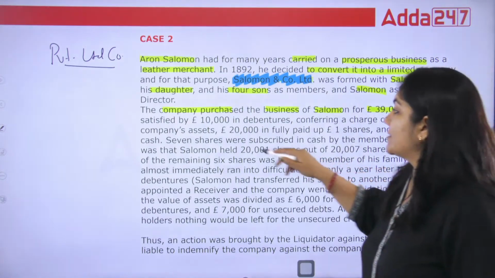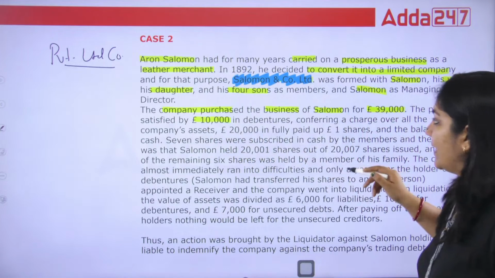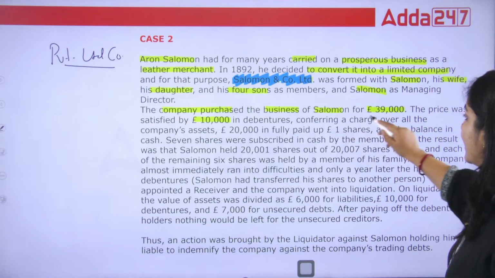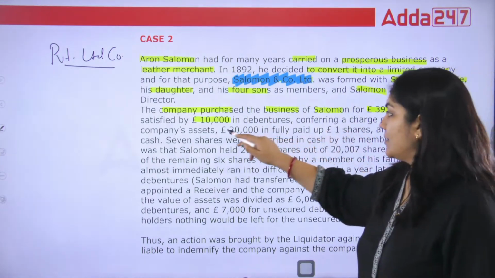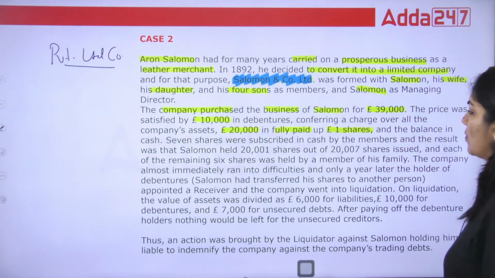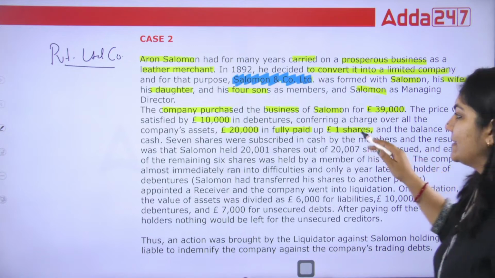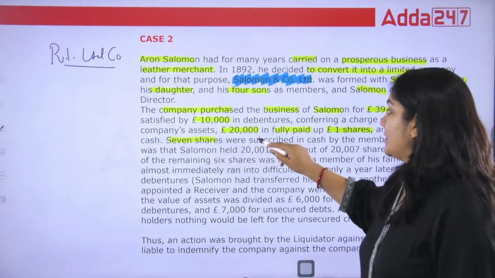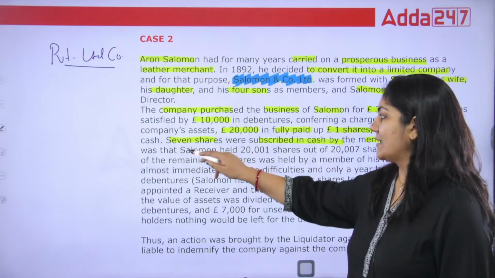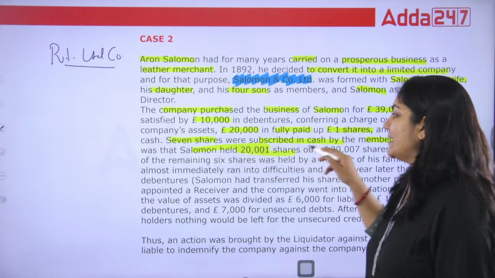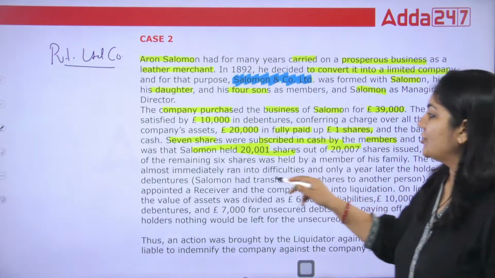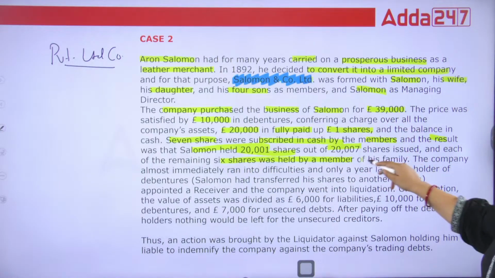The price was satisfied by 10,000 pounds in debenture. Debenture is a kind of security, conferring a charge over all the company's assets, $20,000 in fully paid up $1 shares, and the balance in cash. 7 shares were subscribed in cash by the members, and the result was that Solomon held 20,001 shares out of 20,007 shares issued, and each of the remaining 6 shares were held by the members of the